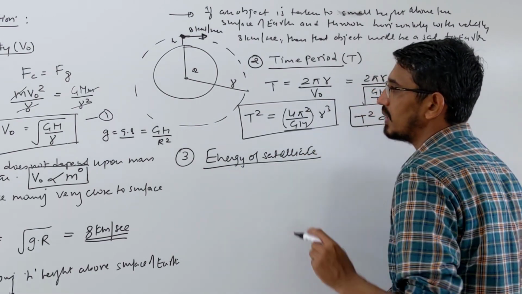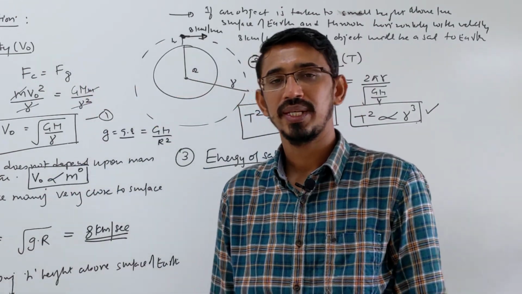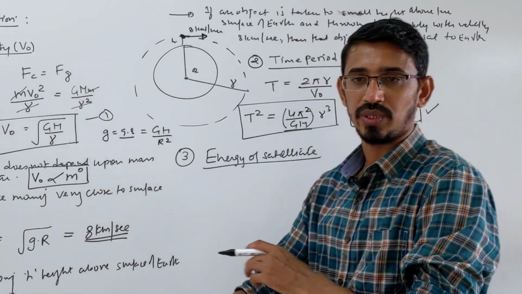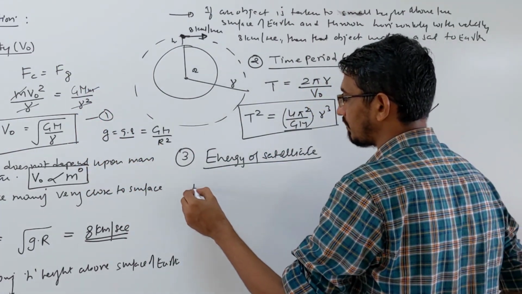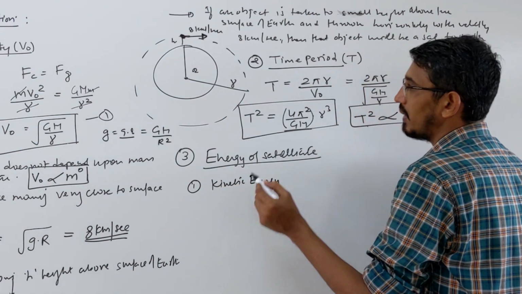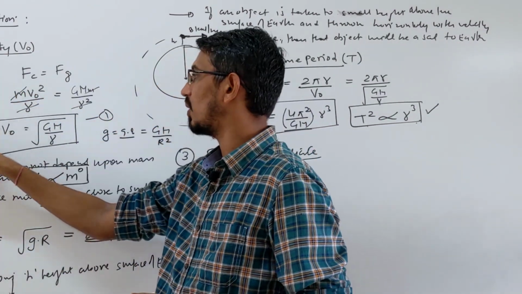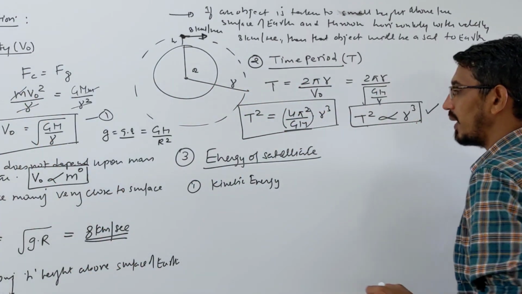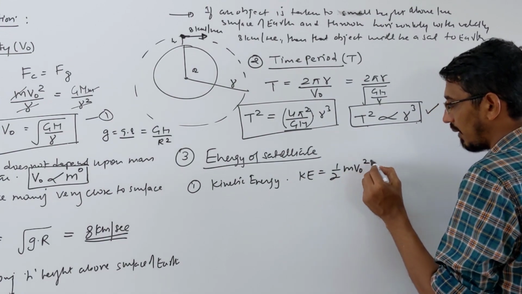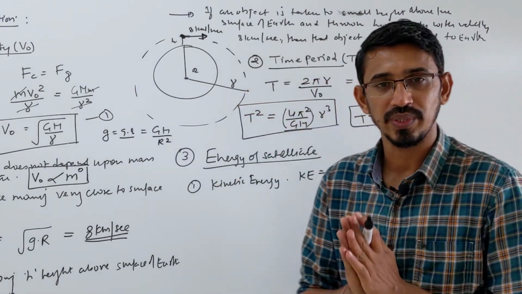When the satellite is moving around a planet, what energy does it have? We know that it is moving, so it has kinetic energy; it is at some height, so it has potential energy; and then mechanical means total. So first, what is the kinetic energy? A satellite of mass m moves around a planet of mass capital M, and the radius of the orbit is small r. The kinetic energy K will be equal to half m v naught square. This is in terms of velocity. If you know the orbital velocity v, then the kinetic energy becomes half m v square.